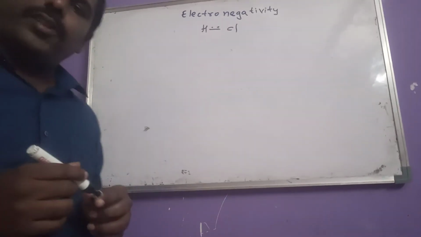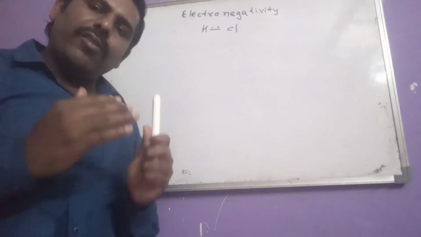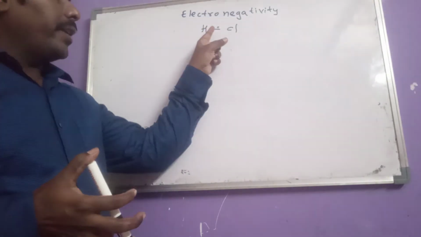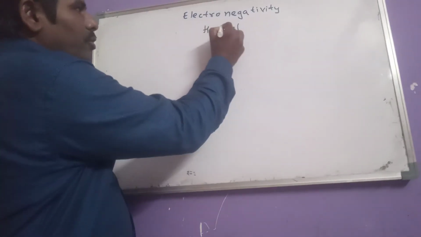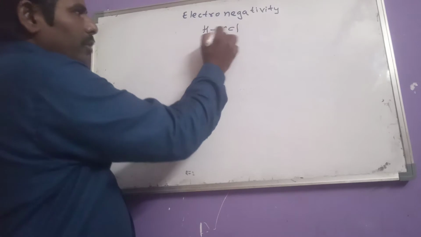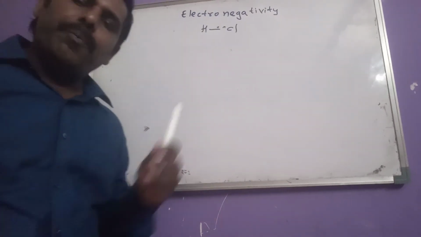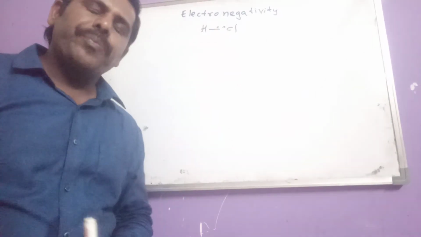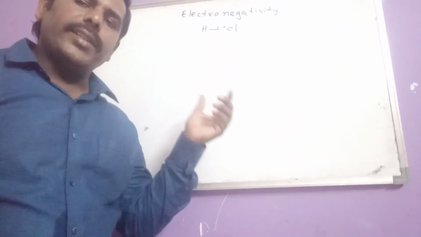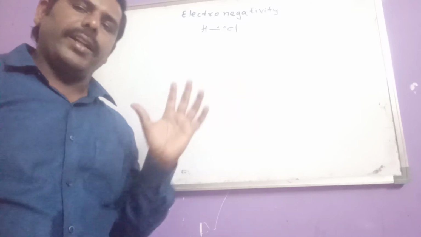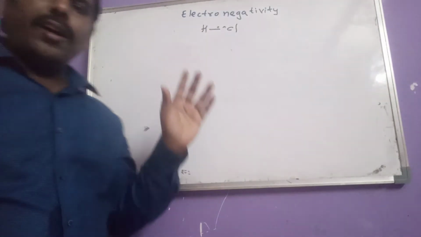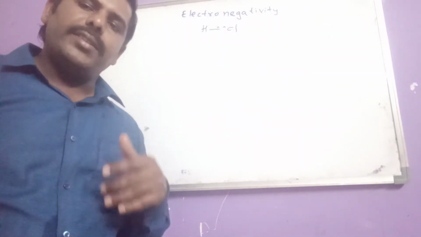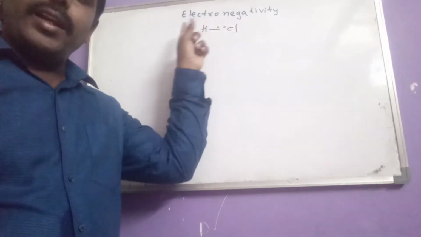pair of electrons should actually be equally shared by the two atoms. But this electron pair moves somewhat closer towards which one? Chlorine. So this tendency of attracting the bond pair of electrons is measured with respect to which one? Electronegativity. So it is a relative property of an element. So the tendency of an atom to attract the bond pair of electrons towards itself is known as which one?